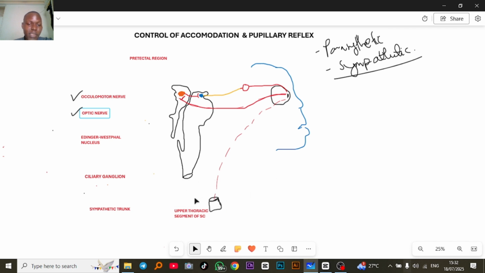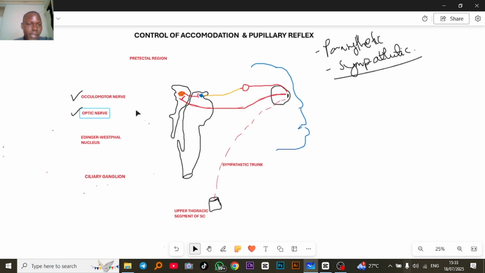And if you remember, the sympathetic will be for dilating the pupil, whereas the parasympathetic will be for constricting the pupil. So the sympathetic is from the upper thoracic segment of the spinal cord. Let me indicate here that this is the sympathetic innervation. Then if you look at the parasympathetic,